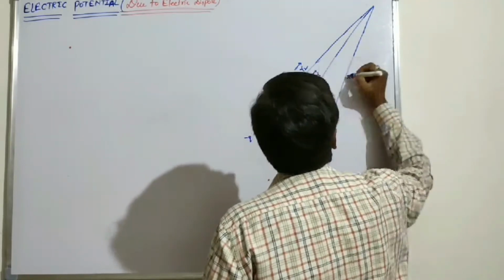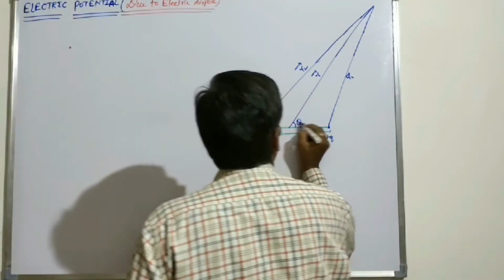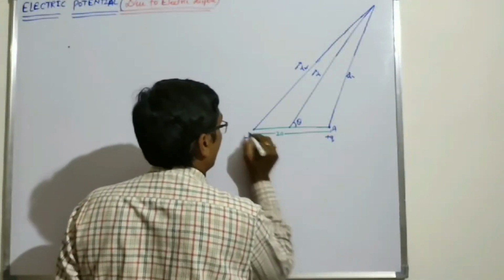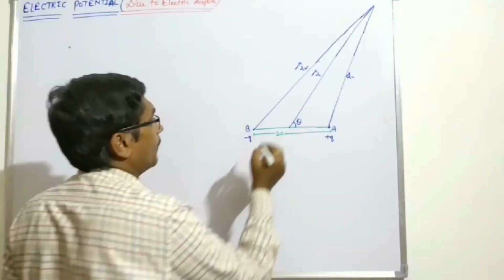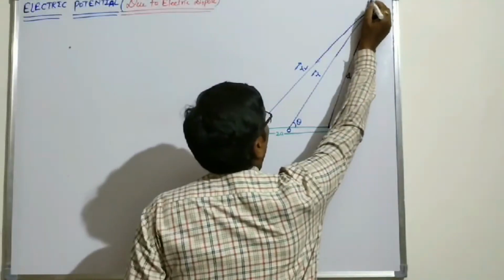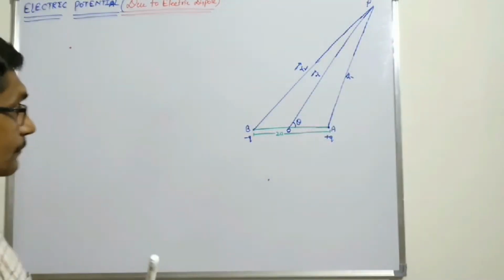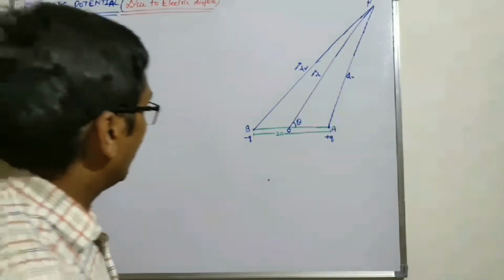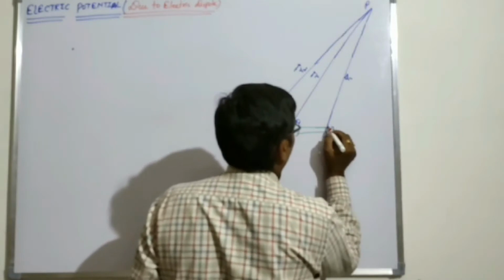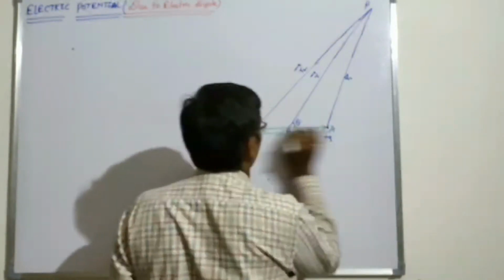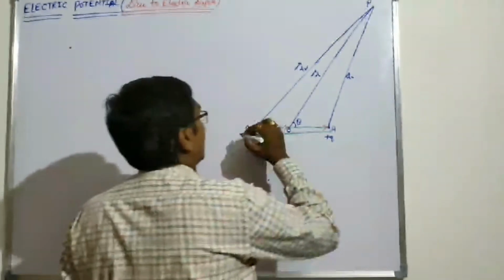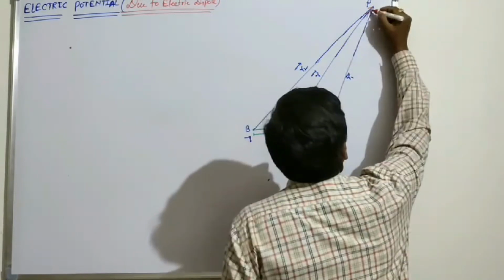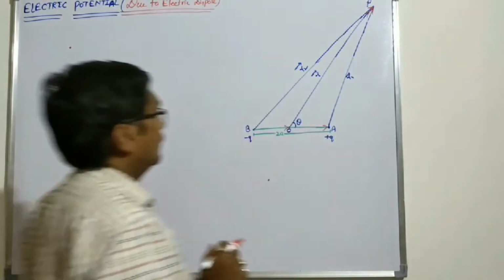They are position vectors. R1 makes the angle theta from the axis. This is A charge and it is B point. And this is observation point O and here is observation point P. Okay? Now the direction of electric dipole is taken from negative to positive. So the direction of electric dipole moment acting in this direction, negative to positive. And the direction of position vector is from this to this and R is also this and here is R2. Okay?